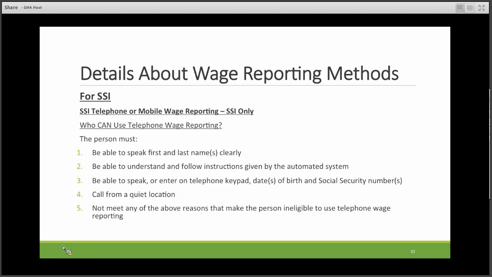So who can use the telephone wage reporting system? Well, people who were not disqualified from one of the reasons on the previous slide could be eligible to use the telephone wage reporting system, but they must also be able to speak their first and last name clearly, be able to understand and follow instructions given by the automated system, be able to speak